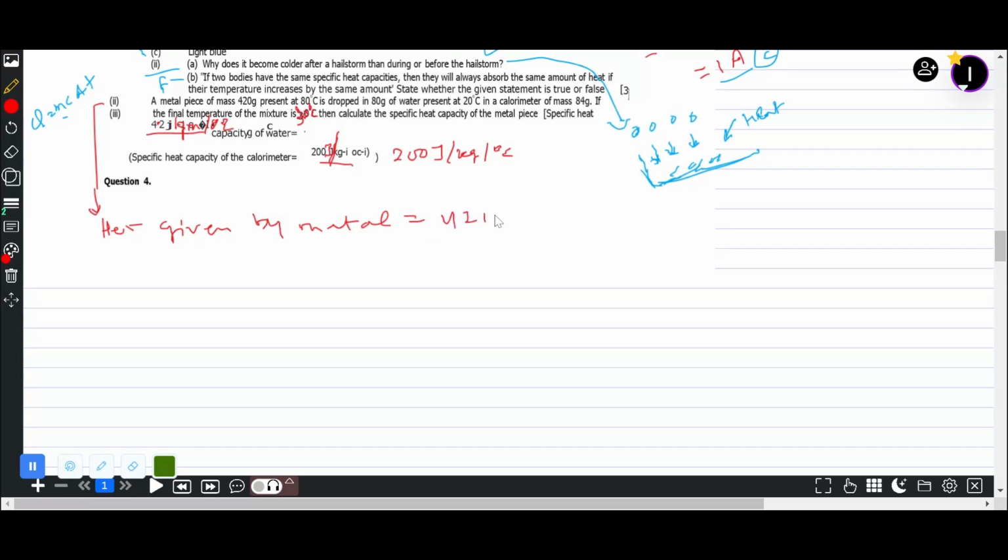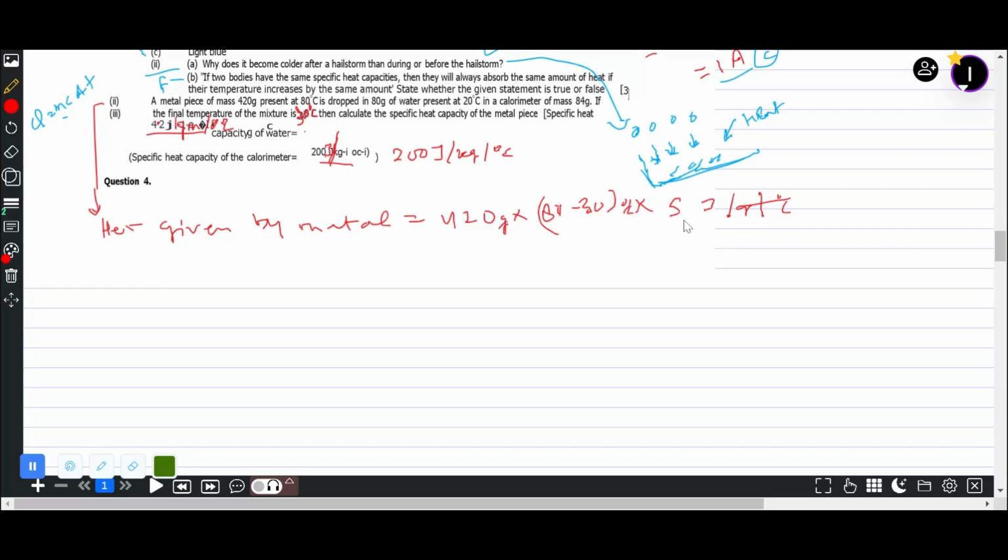We have 420 gram into 80 minus 30, that is delta T, m c delta T. So we have m delta T, we don't have the specific heat capacity, which we will presume as S, joules per gram per centigrade. Okay, and this is gram and this is centigrade. So that thing is adjusted. So what is left is,